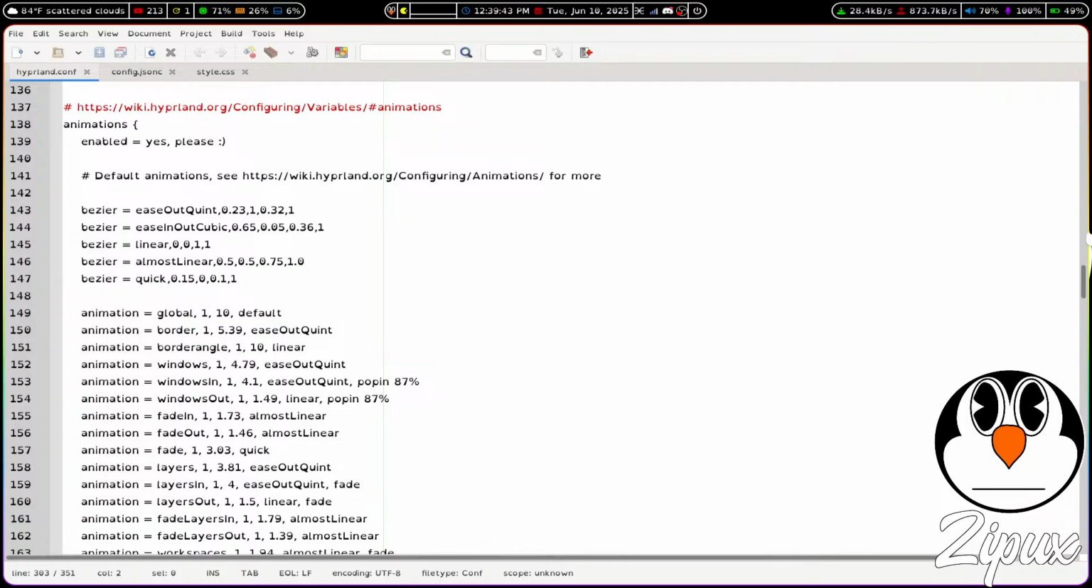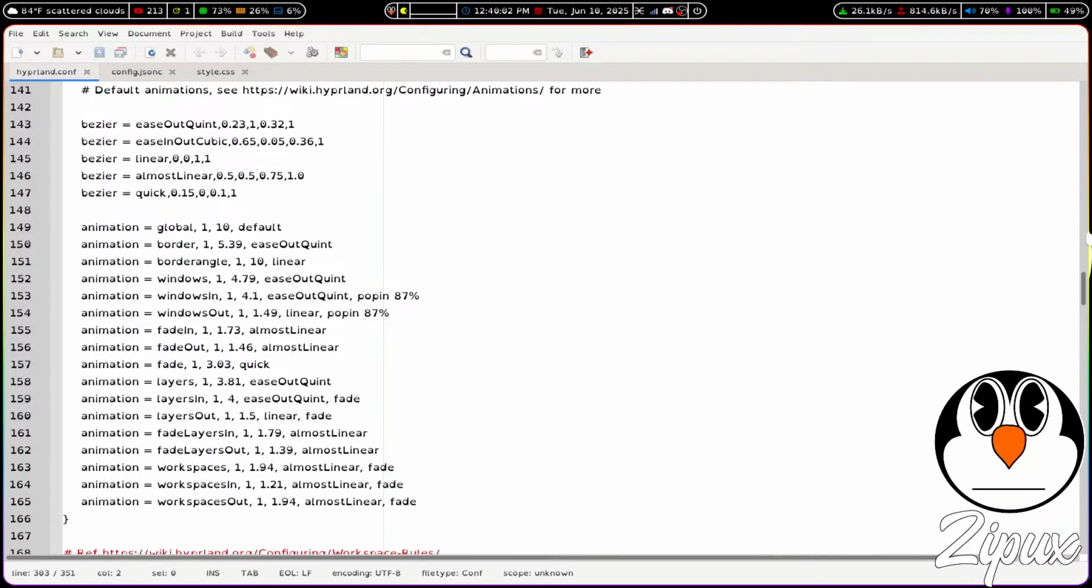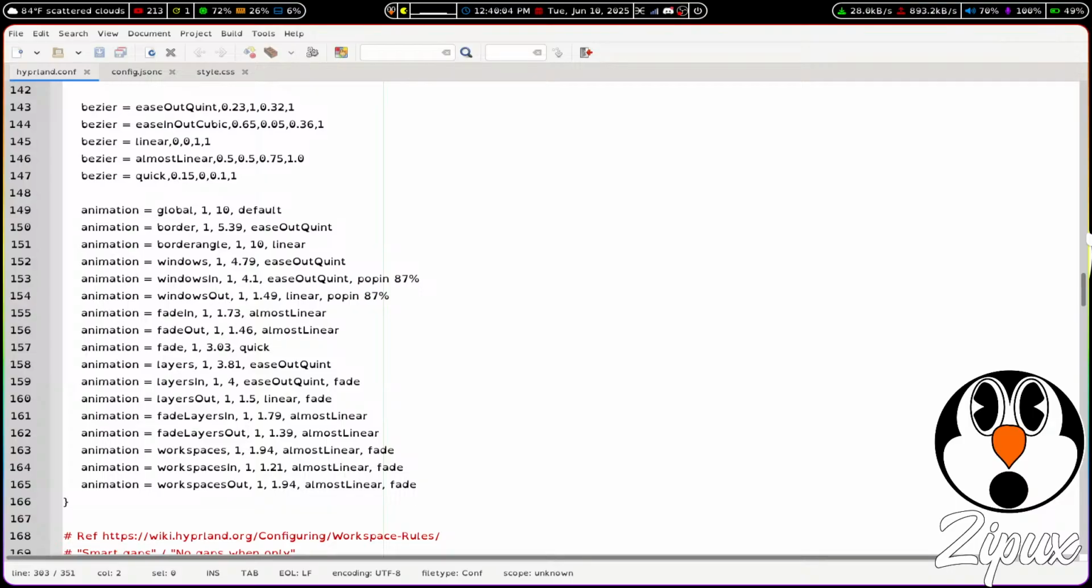Let's see what else is there. I think I left everything else alone as far as the Beziers. Oh yeah, okay. So here's one thing that I did as far as animations are concerned. I left the animations alone, at least for right now. I might play around with them later on. Border angle. That's the one that I added. I added this here, border angle,